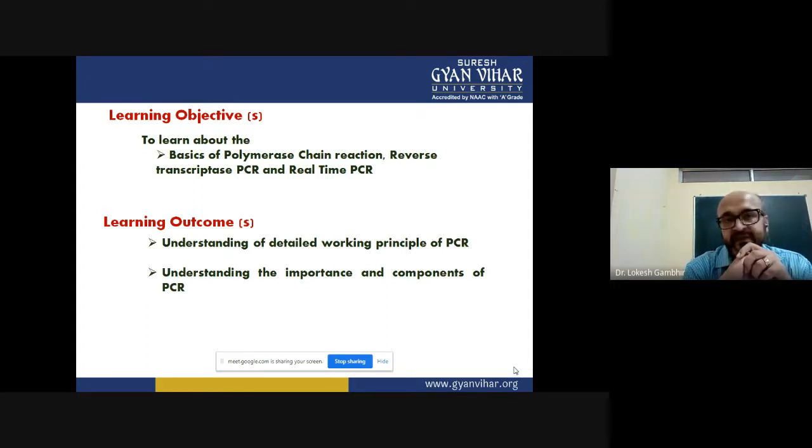That is what we'll be discussing in this particular lecture, and I hope by the end of the lecture you will be able to understand the complete aspects of PCR and real-time PCR, what CT values are, and how real-time PCR is used in determining the infection load. We can correlate it with any kind of pathogen, whether a bacterial pathogen or in terms of viral load. So we will be completely understanding each and every aspect of these techniques.